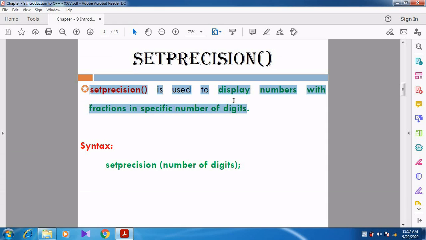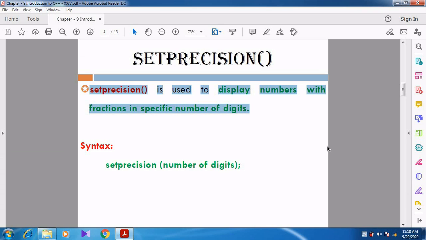So now, set precision. What is meant by the set precision manipulator? See, the set precision manipulator is used to display numbers with fractions in a specific number of digits. In simple words, the set precision manipulator is going to display the numbers with the fractional part also.